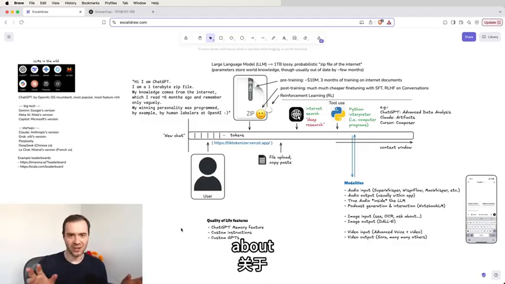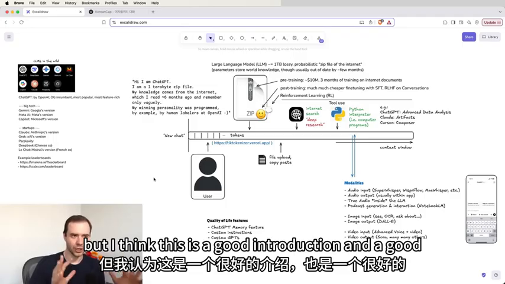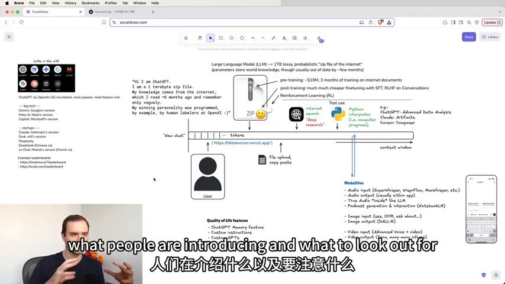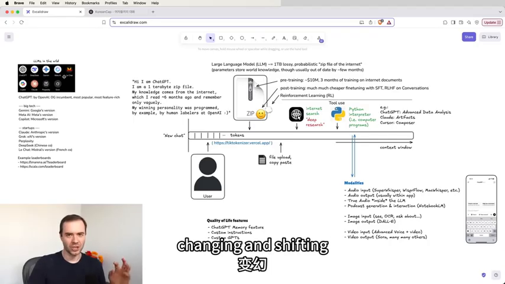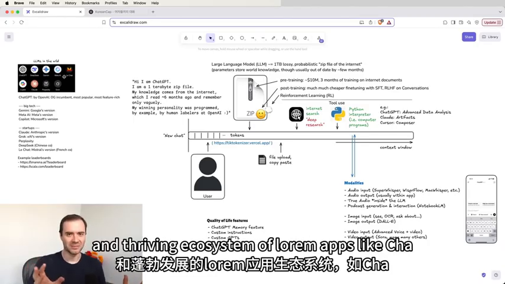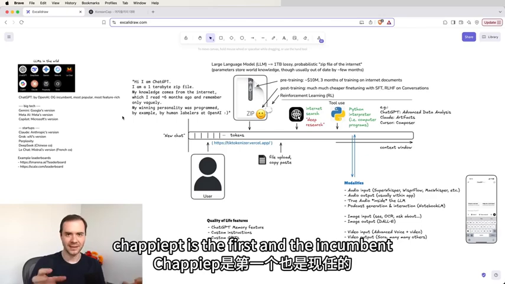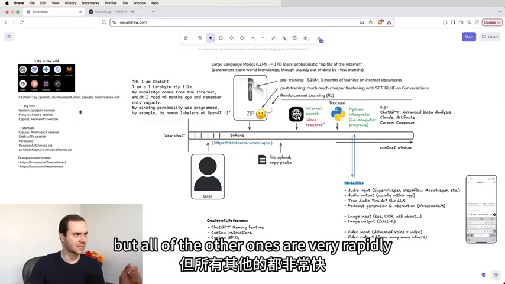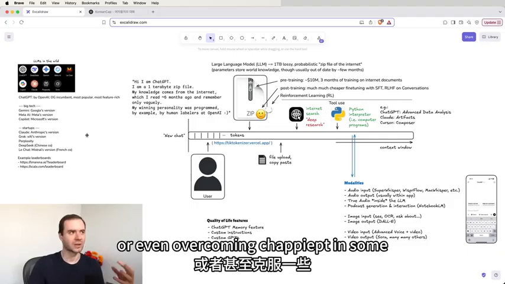Okay, so I could go on and on about covering all the different features that are available in ChatGPT and so on, but I think this is a good introduction and a good bird's eye view of what's available right now, what people are introducing, and what to look out for. So in summary, there is a rapidly growing, changing and shifting and thriving ecosystem of LLM apps like ChatGPT. ChatGPT is the first and the incumbent, and is probably the most feature-rich out of all of them. But all of the other ones are very rapidly growing and either reaching feature parity or even overcoming ChatGPT in some